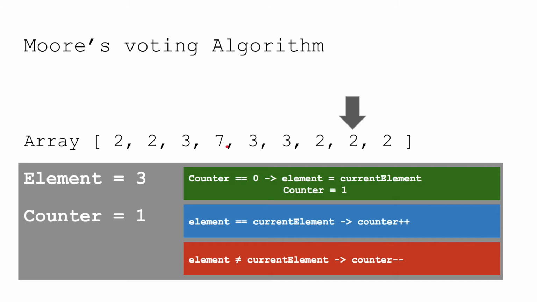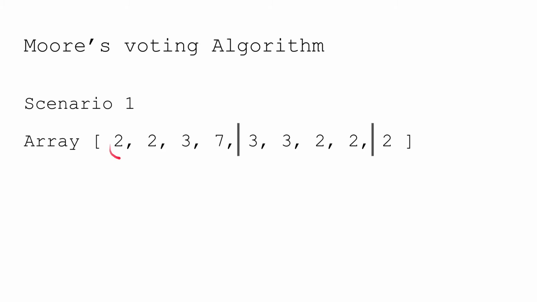So if I go back to my previous slides, you can see that at this step 7 our counter was 0, and again at this step our counter was 0. So this is happening because the occurrence of one element is getting cancelled with the occurrence of another element. So for example, let's consider this part where we have 4 elements, 2, 2, 3, 7. So if you notice, if we consider this as a small array of 4 elements, then in this array we have this element 2 which has 2 occurrences, which will get cancelled with the occurrence of 3 and then the occurrence of 7. That means at the end the count will be 0 for this element.